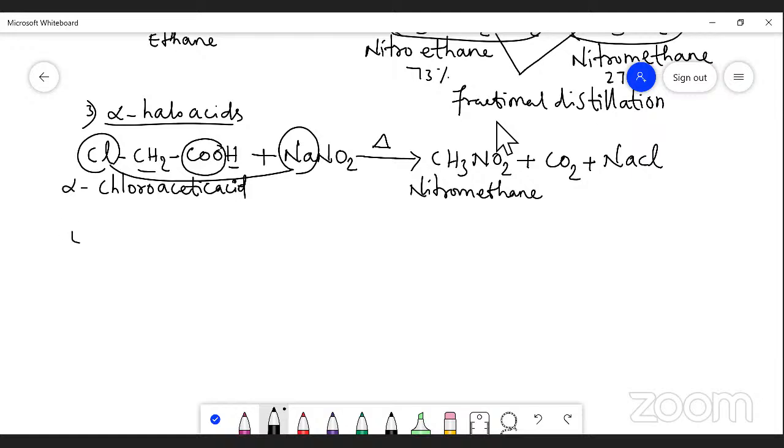And the fourth one, we are going to take oxidation of tertiary butylamine. So the fourth one is oxidation. What is the formula for tertiary butylamine? Tertiary means three methyl groups, so one carbon